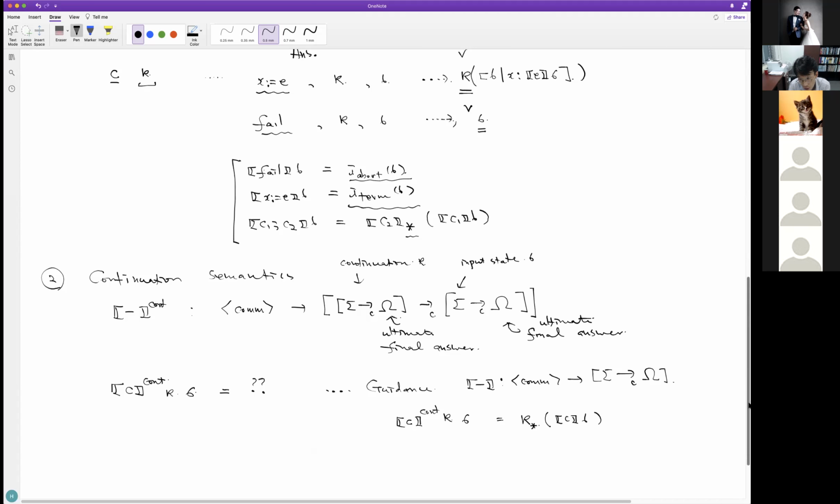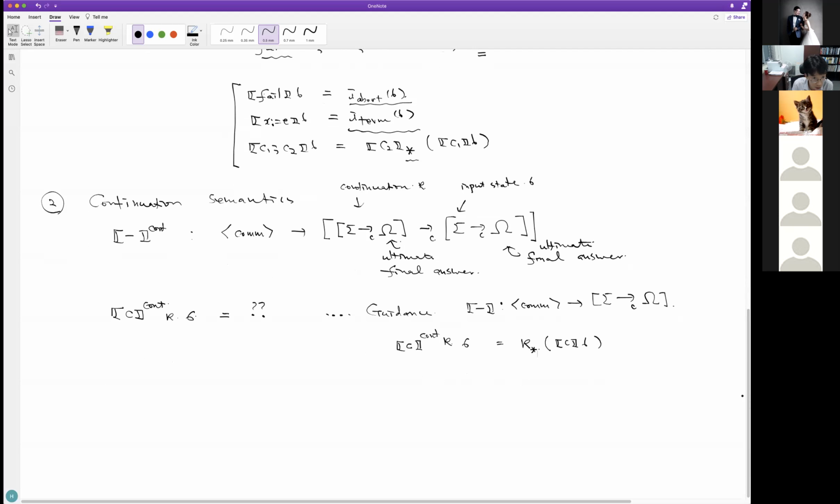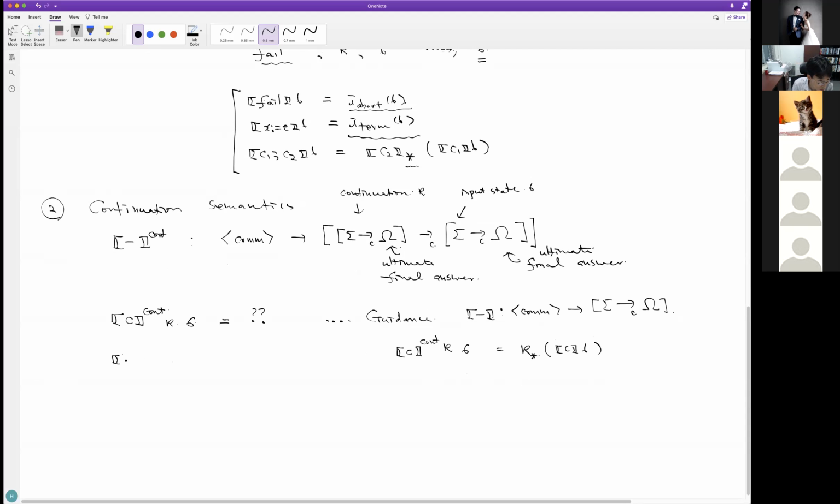And from this relationship, we can derive, in a sense, the continuation semantics, which is defined in a compositional way. How do you do it? I will give you a few cases and ask you to fill in the detail. At this point, I'm not going to consider fail, although fail is a really important part because fail raises other questions that we have to think about a bit more. So how do we do it? We do it because it's defined compositionally. You can say it's a syntax-directed definition.